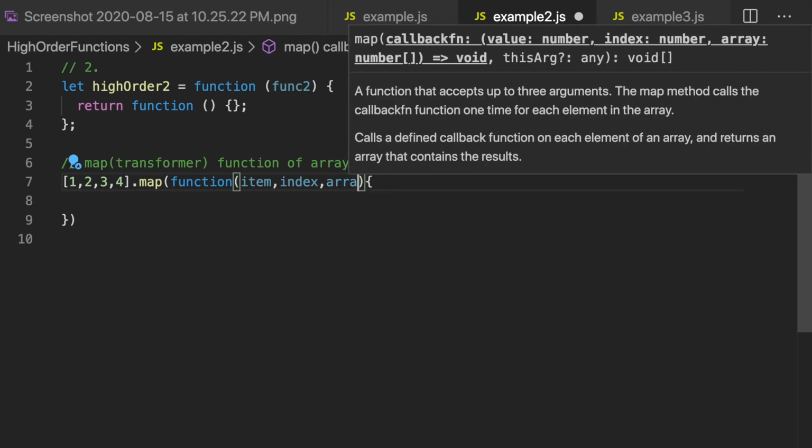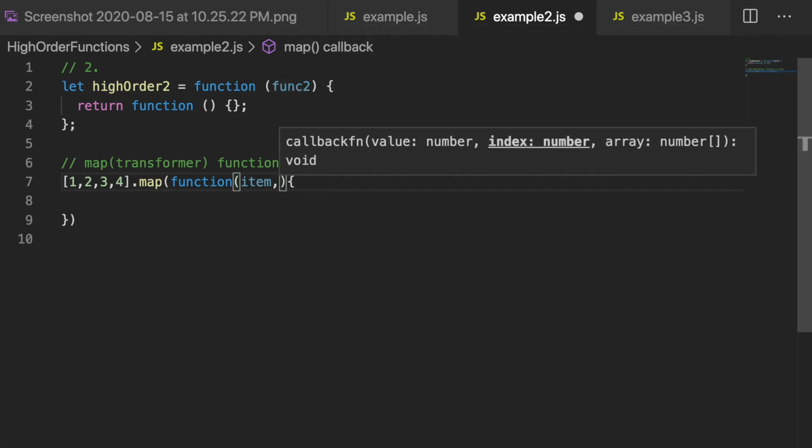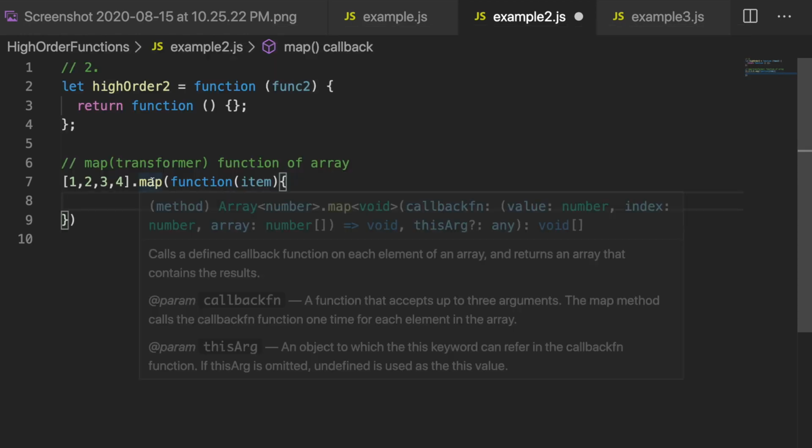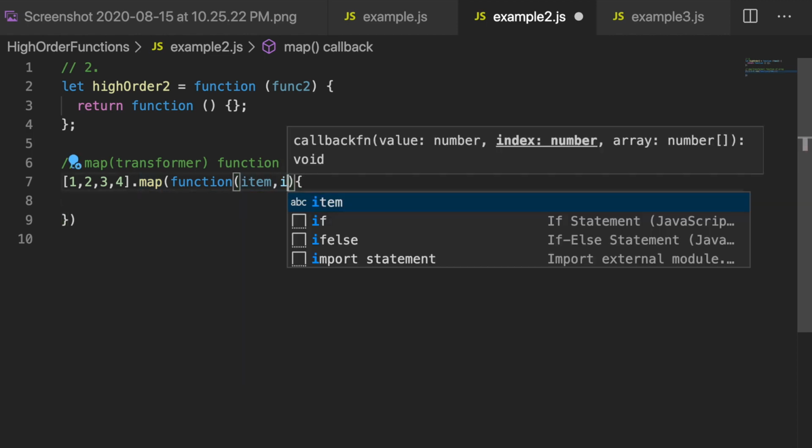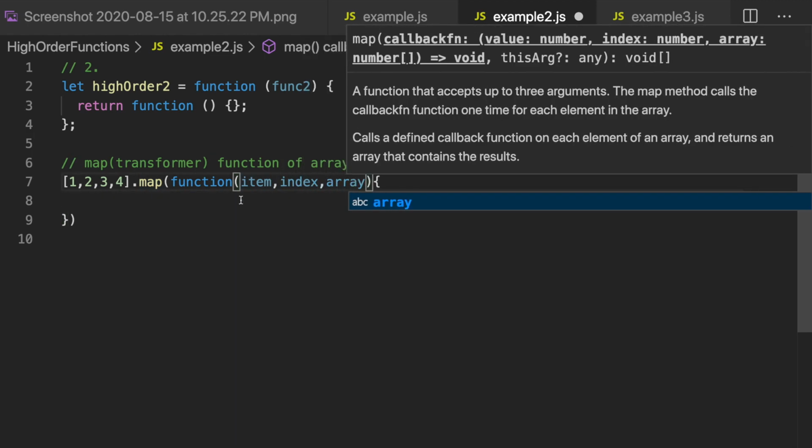Though we don't use these two arguments much, as you see, the map function takes a callback function, and its first argument is the value, then its index, and then the array itself. So let's write the index and the array itself.